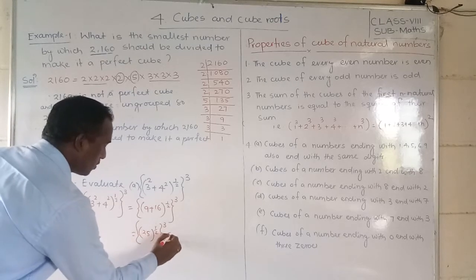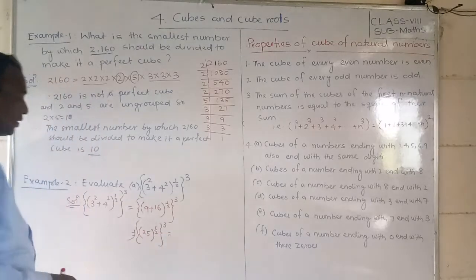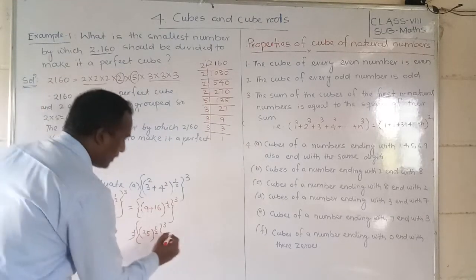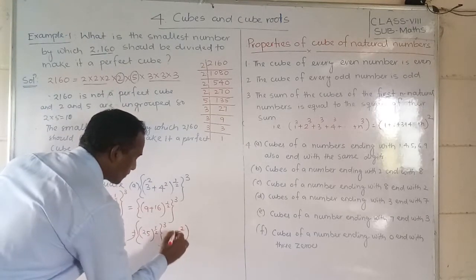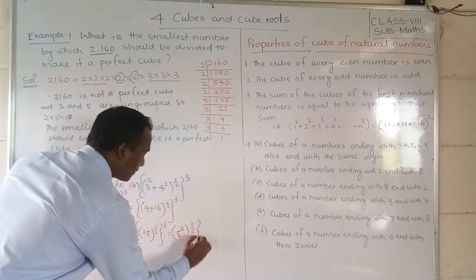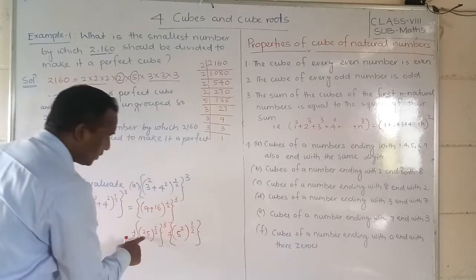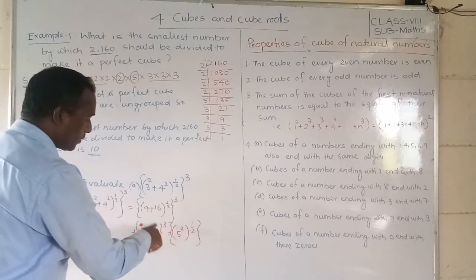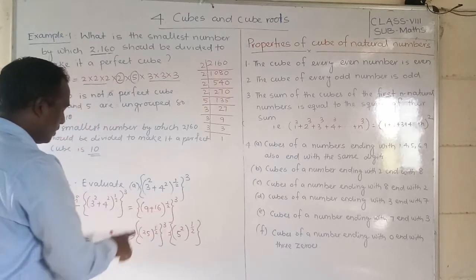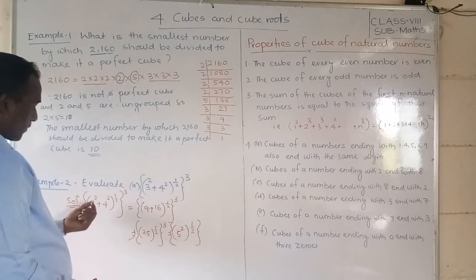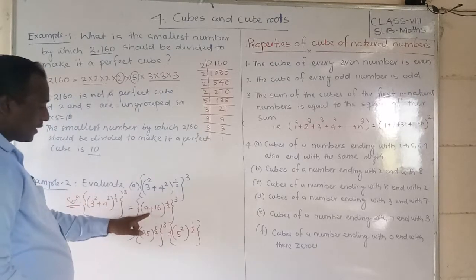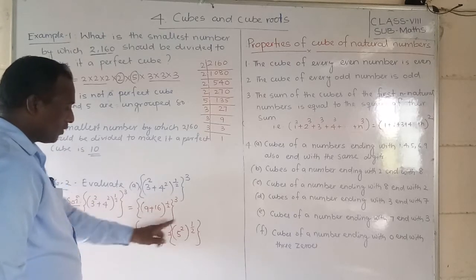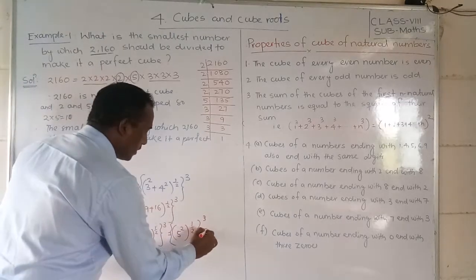So what do you do, students? Observe here: 25, what can we do? We can write it as 5 square, power 1 by 2. Observe, students, 25 means we will make it exponent 5 square. As usual, the same thing I am doing: first of all, I open the bracket and take the value, then I added 25. 25 is equal to 5 square, and 1 by 2 power, also power 3.